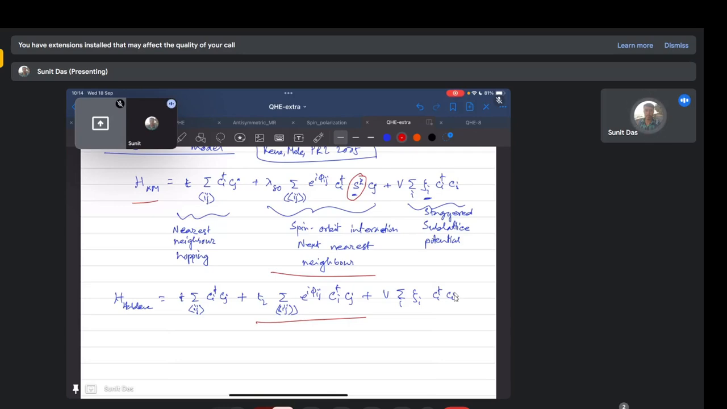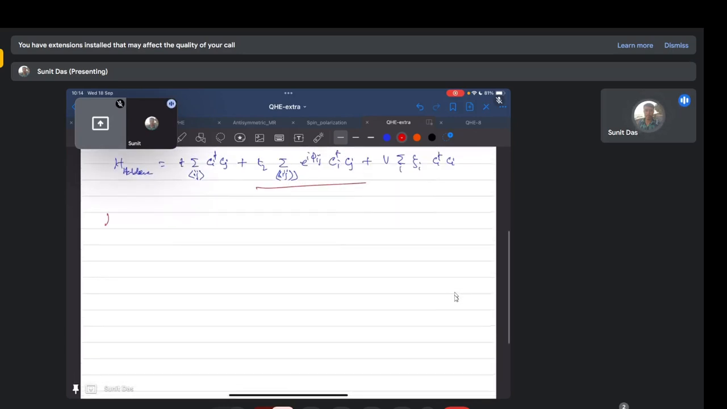So essentially the HKM is simply two copies of H Haldane. Two copies means here Sz equal to plus minus 1 for both the spins. Now this has remarkable consequences in explaining quantum spin Hall effect and other things, and we